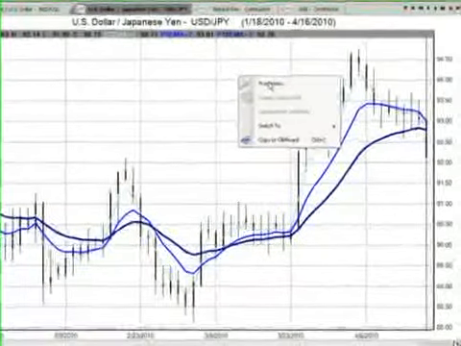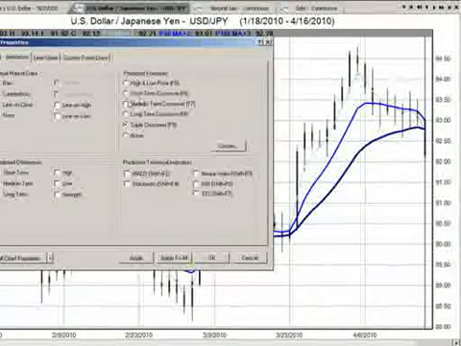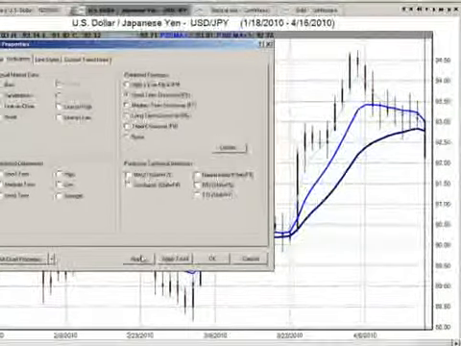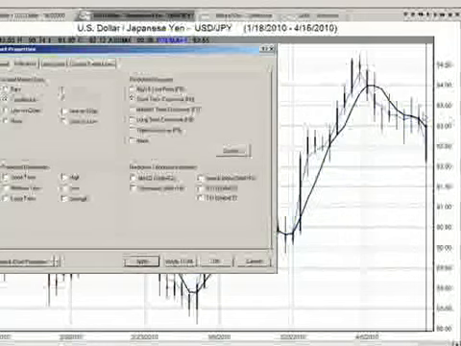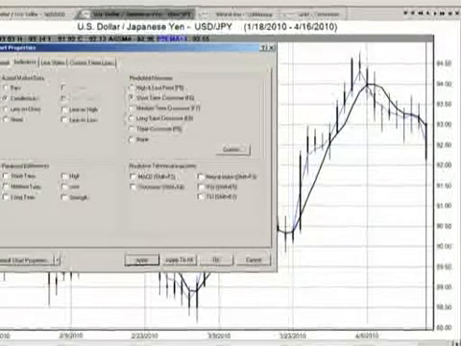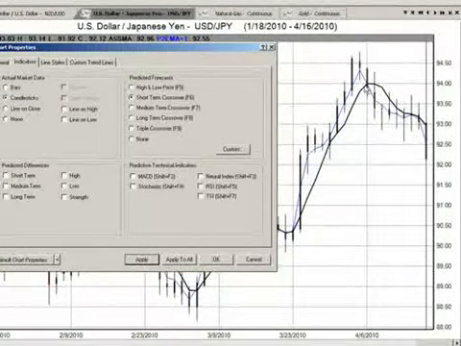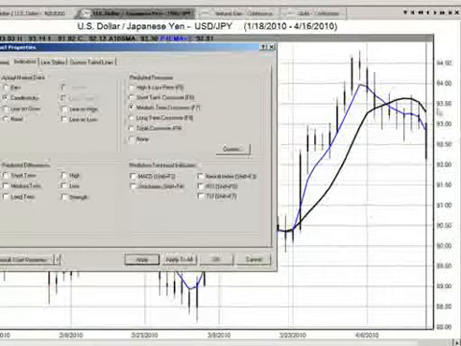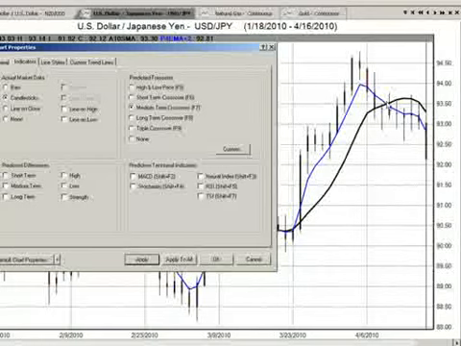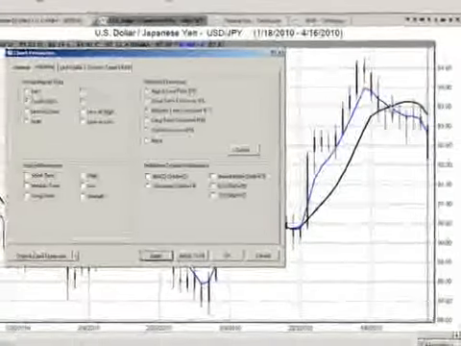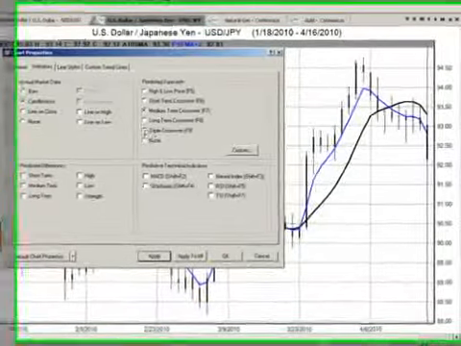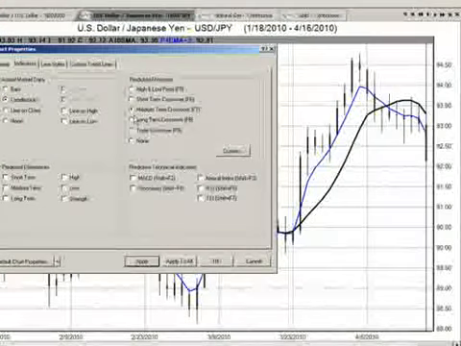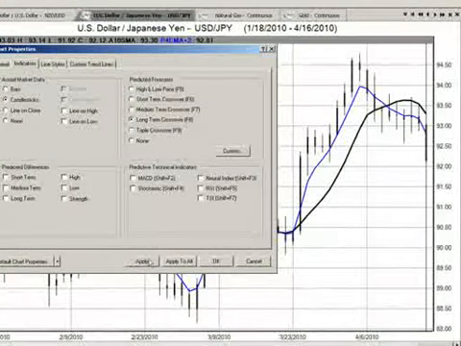Now, going in and having a look at the multiple crossovers from Vantage Point, the short term is pretty much a no-brainer here. We can see that it's made an aggressive move, but that short-term crossover actually took place at the beginning of the month. Going into the medium-term crossover from Vantage Point, we can see that this crossover has taken place again about the 10th of April. Now, looking at the long-term crossover, which takes a little bit longer to put out that